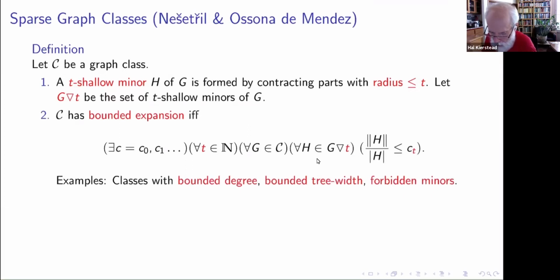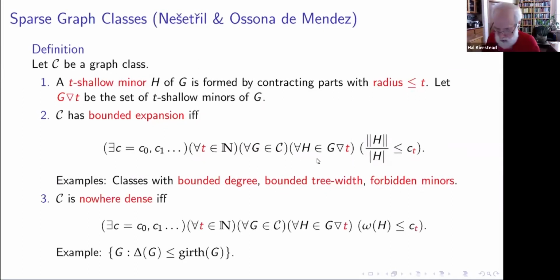Okay, and so what does it mean for a class to have bounded expansion? It means that there's a function or sequence of integers, so that for every natural number t, and for every graph in the class, and for every t-shallow minor, so this t and this t, the edge density of the minor is at most c sub t. Okay, so that turns out to be a very useful definition. Maybe it's not apparent why, but